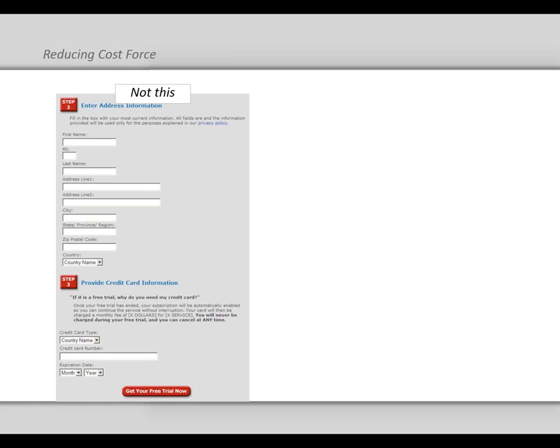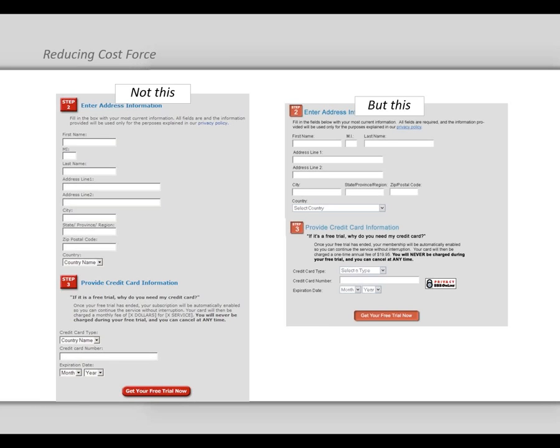So again, this is not actual cost, it's perceived cost, right? We talk about optimization happening in the mind. Because I perceive that there's less information being asked, the version on the right looks less offensive to me. Okay, so hopefully those are some practical things you can start thinking about as it relates to growing your email